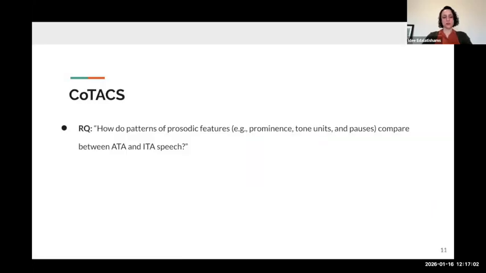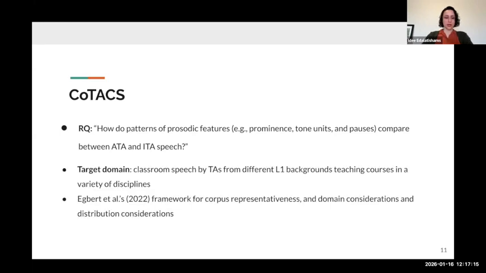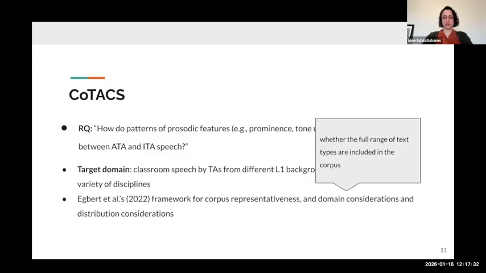And my research question was, how do patterns of prosodic features, prominence, tone units, and pauses compare between native speakers of American English, who were TAs, and ITAs, which is international teaching assistants? And I defined the target domain as classroom speech by TAs from different L1 backgrounds, teaching courses in a variety of disciplines, and used Egbert et al.'s framework for corpus representativeness and domain considerations and distribution considerations,